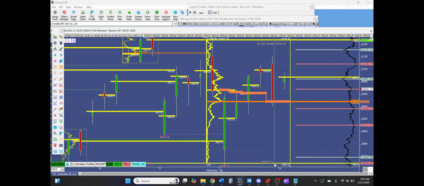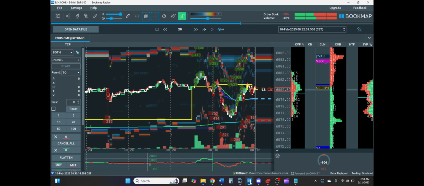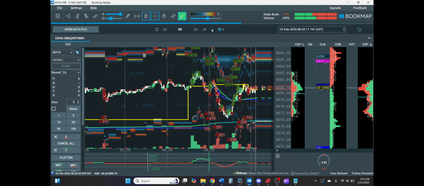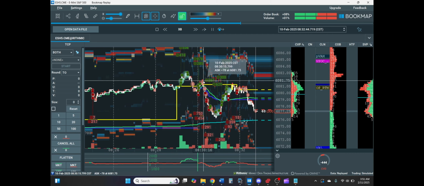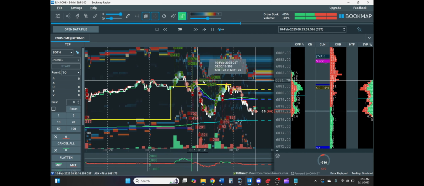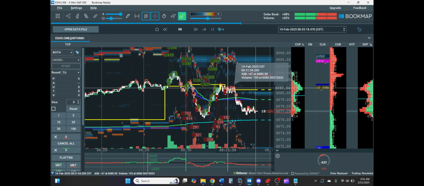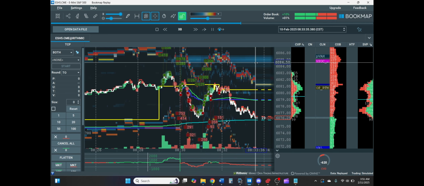But that's what, once the market opens, you don't know. So you kind of just wait and see which way, who's in control. And we can clearly see the sellers are in control here. So I'm looking to get short. Later, I realized this was the better entry, or here. Not trade recommendation, but